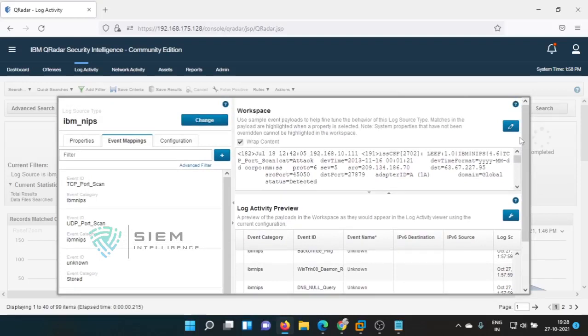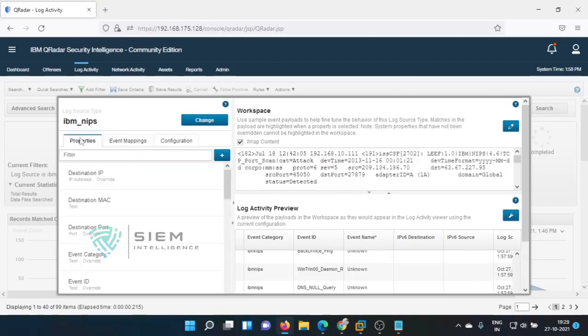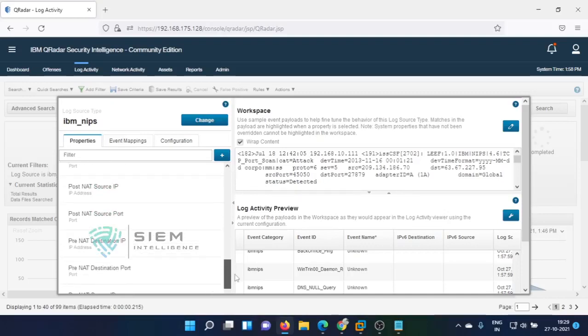That is the reason those who are creating for DSM editor and all, they are highly paid. This event mapping and the properties, whatever you are picking. And other than also here there are so many destination IP, destination MAC and everything is there. So if data is there, you can pick. If it is not there, we are helpless.